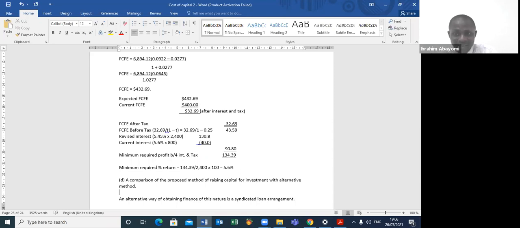And the advantage of syndicated loan is that you can get huge amount of finance, just like we have it in bond. Also, you can get loan denominated in various currency of the countries of the world. Meanwhile, the rate of syndicated loan is not also as high as that of bond. Okay? However, the two greatest disadvantages of a syndicated loan is that, number one,